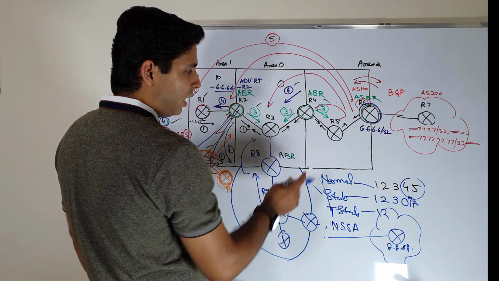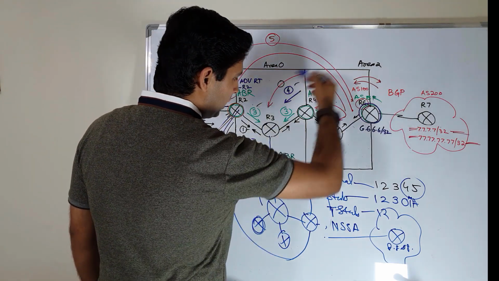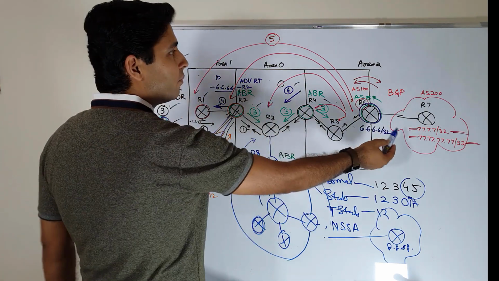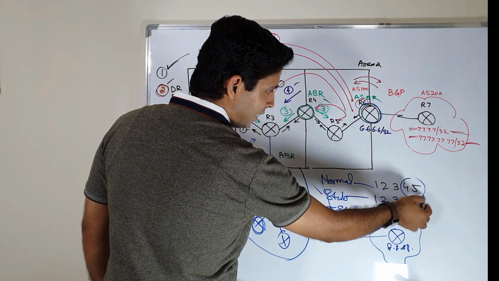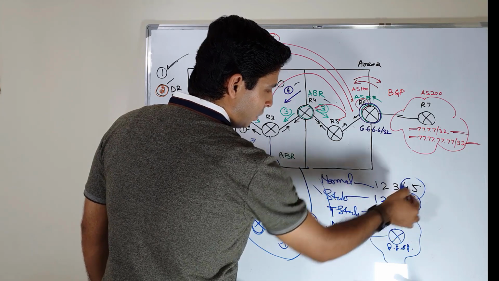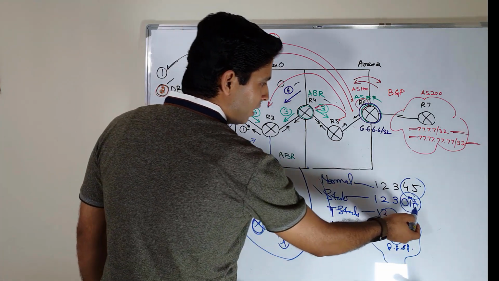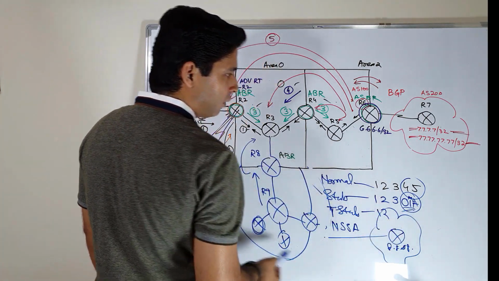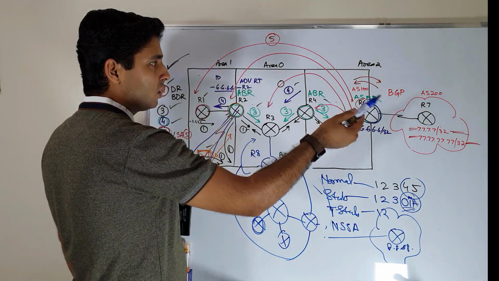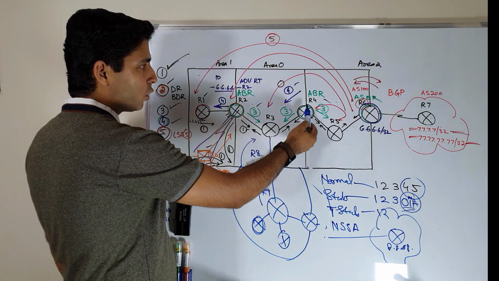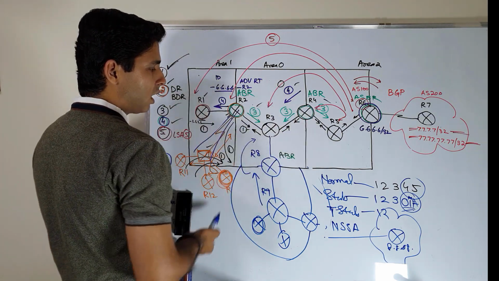What does a stub area do? In a stub area there is no external route. So these red colored routes will never come through to a stub area. That's why you see that we don't have LSA type 5 here. In place of LSA type 5, we have swapped it with an OSPF inter-area default route. Anything else it has to reach goes through that, but it will have the routes for how to reach R4 and how to reach R2 in the stub area.